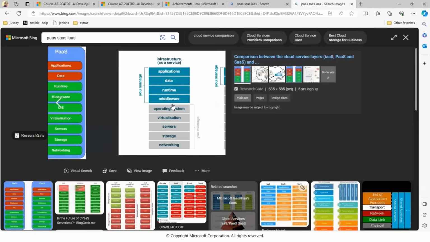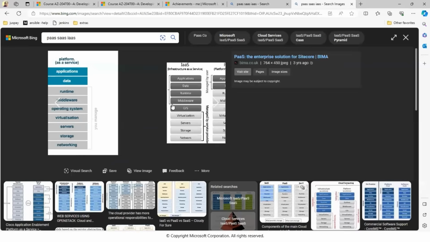But when it comes to PaaS, see here, you as a developer, you don't have to actually know the technical part of how to work with black servers, right? I mean, the black screens and consoles and everything, right? You will just have your application and application related data, and all you have to do is just ask Azure to give you a platform to deploy your application. So Microsoft Azure says, okay, I'll give you that as well, and they set up all these things for you, and you just have to put your application and application data in it and deploy your application. That's it.